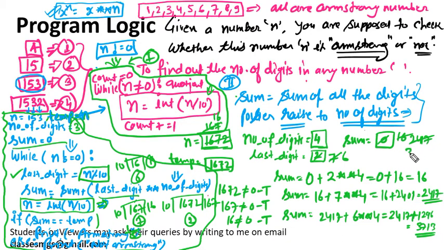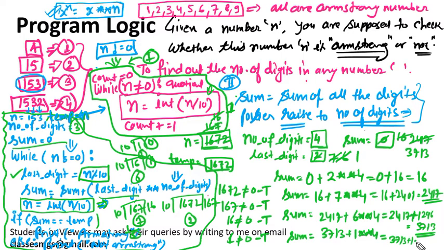So the sum value will become 3713 now, and again the loop will continue, and n is divided by 10. So 16 will become 1 here, and 1 is not equal to 0, condition true. The same line is executed again. What will the last digit be this time? 1 divided by 10: the last digit will be 1 only, because the remainder will be 1 and the quotient will be 0. So last digit will become 1, and this time 3713 plus 1 double star 4. 1 double star 4 will be 1 only. So 3713 plus 1 will become 3714.